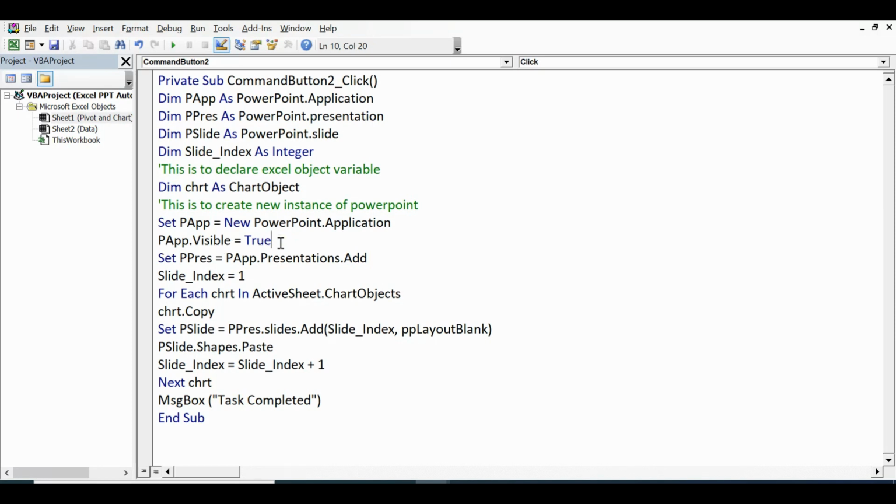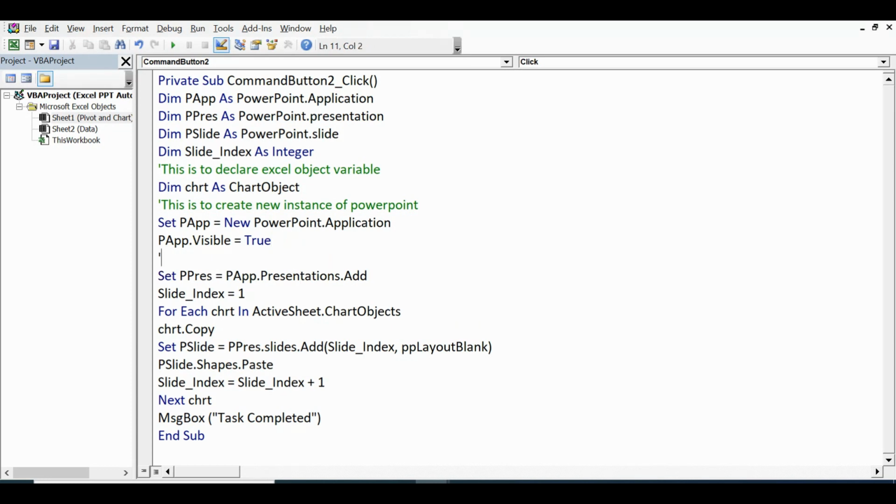And then set p press equal to p app.Presentations.Add. This is for creating a presentation within the PowerPoint application. So let me write it here. This is to create a presentation within the PowerPoint application.